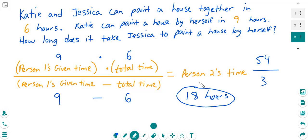All right, now this strategy, like I said, only works with two teammates. Okay, if there's 3 or more teammates, then we have to set up a rational equation, and I will show you how to do those